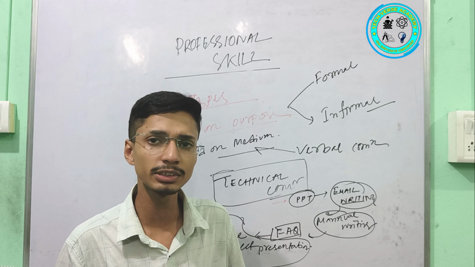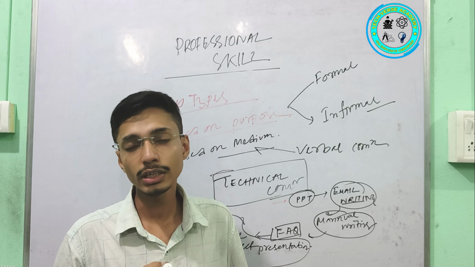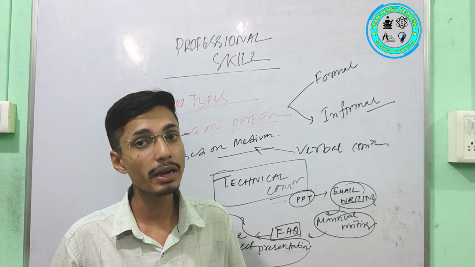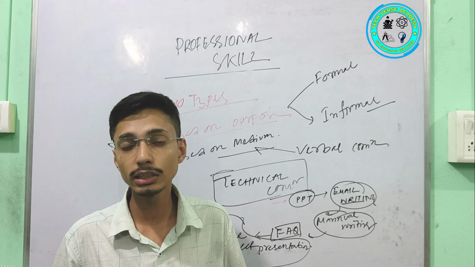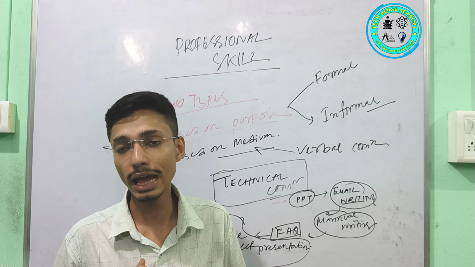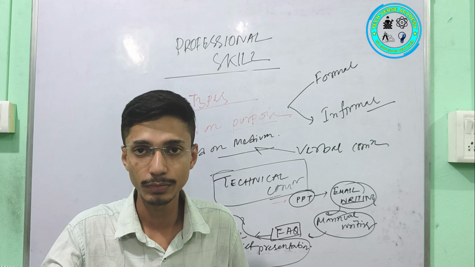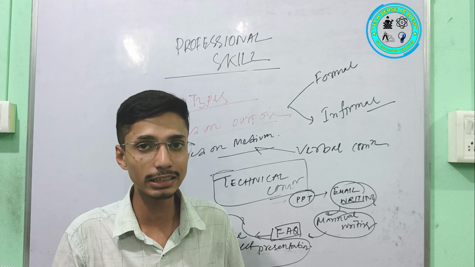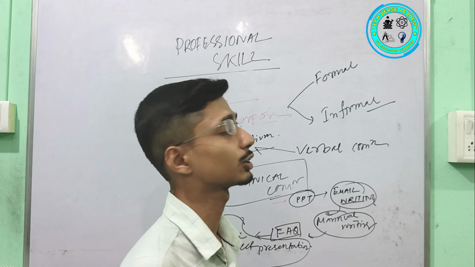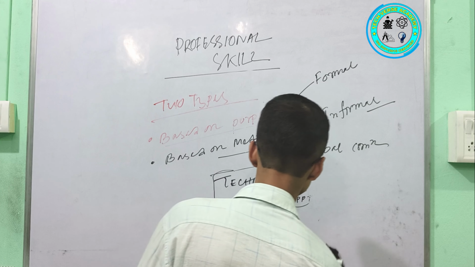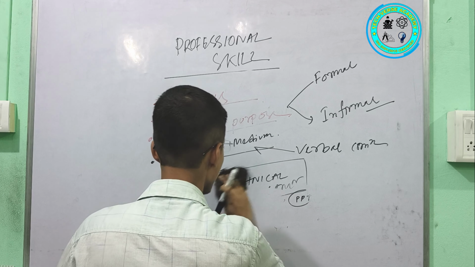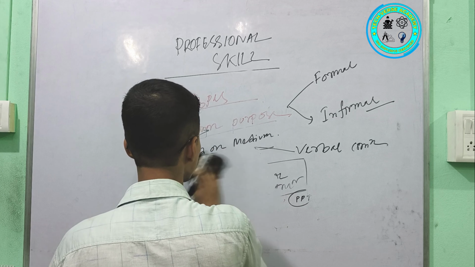So what does it mean by 7 C? In each and every communication process, we have to maintain some decorum so that the communication process will be fruitful and effective. That's why the name is effective professional communication skill. If the communication process is not effective, then we can't say this communication process is successful. So for that reason, we have to draw a cycle, which is mainly known as